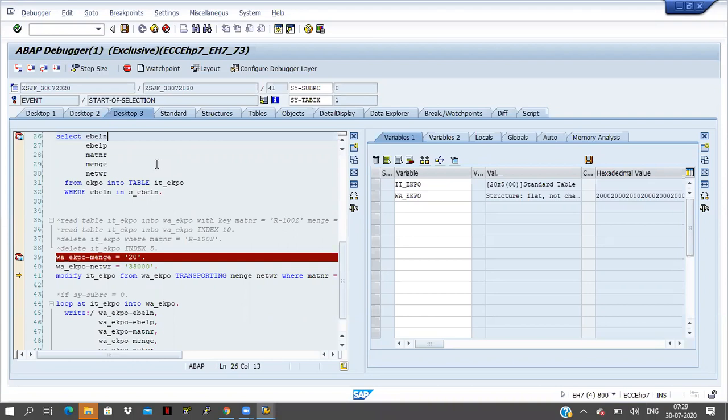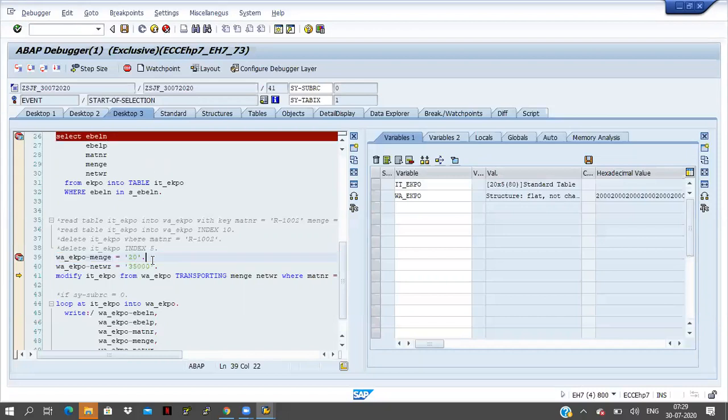But here, after the work area is not filling, only the internal table is filling, no, sir? Yes. Then in the work area data will not be there, no? That's what I am asking. No, data will not be there. I'm just passing the data manually, I am passing the data here. You are manually passing the data, but in the work area, data will not be there. Right? In the work area, data will not be there. So I am manually passing the data.